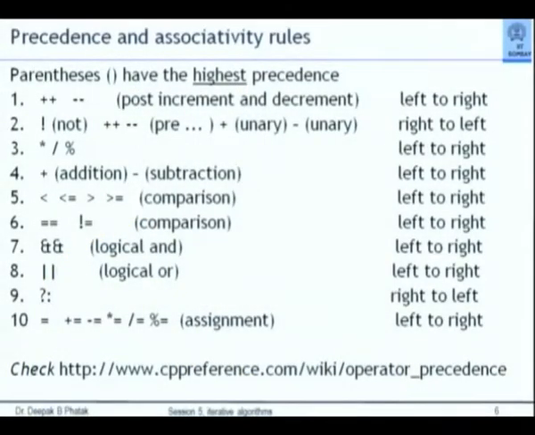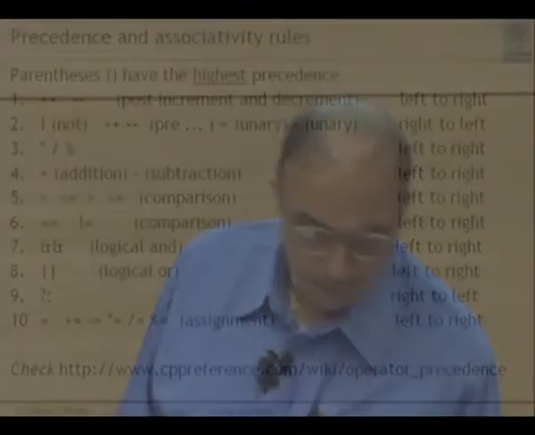This is followed by the Boolean operators, logical operators, which is logical and, logical or. You have to write it as and and, or vertical bar, vertical bar. The last one is what we just saw, special abbreviations for the assignment operation. So equal to, plus equal, minus equal, star equal, slash equal, modulo equal. These are all the special forms of assignment. That is clear? There is no confusion.